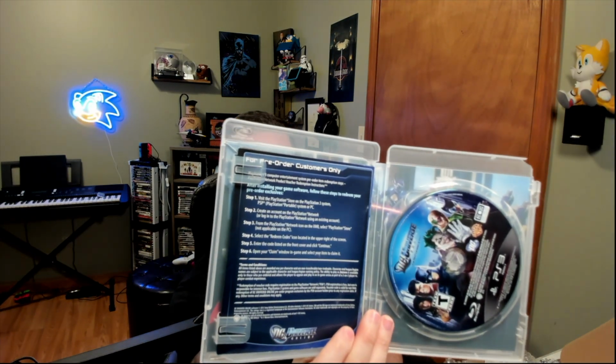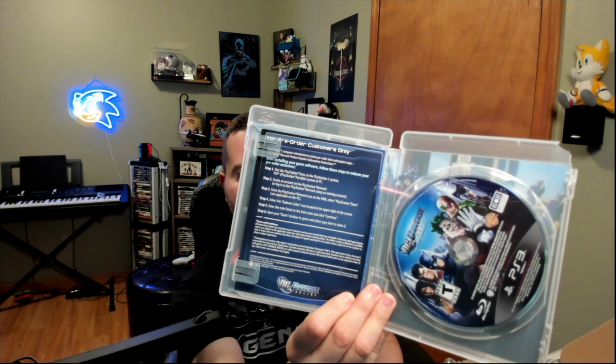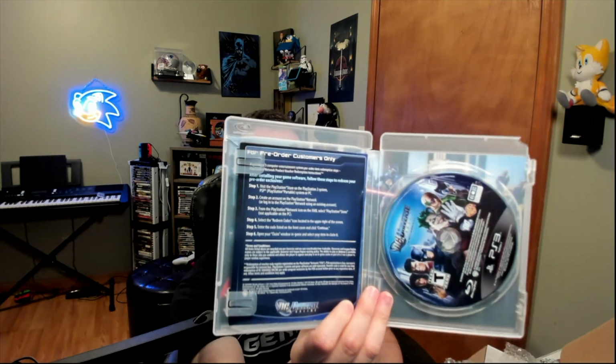But it is complete in box. There is a little bit of damage on the corner there, which if I can get some spare PS3 cases, maybe I'll swap this out because I do enjoy the artwork and things like that and do enjoy having it in the collection. But like I said, this is a game that you can't play anymore. So that may be why,